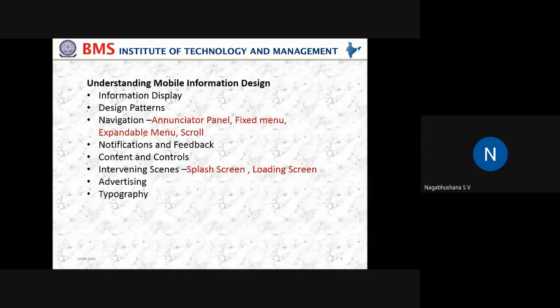Say, for example, in your mobile devices, when you swipe, you might have 2, 3, 4 screens. If you try to place all the icons which are there in the subsequent screens into one screen, that is not a good way of keeping everything, so that gets cluttered. In order to overcome this, keeping in mind the usage by the end users, the information has to be projected in a proper way.